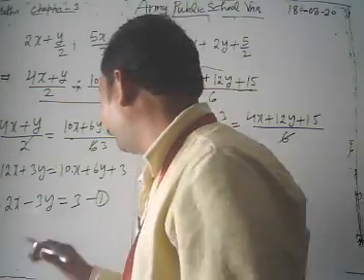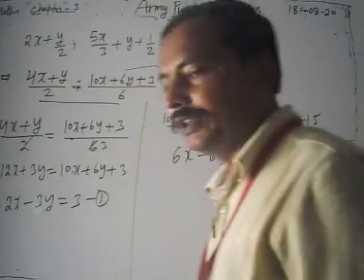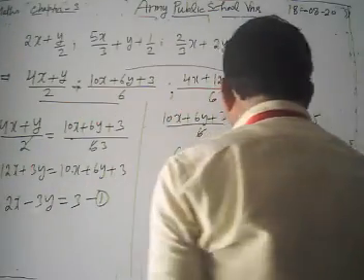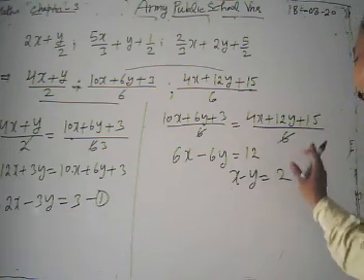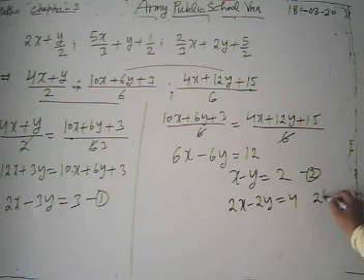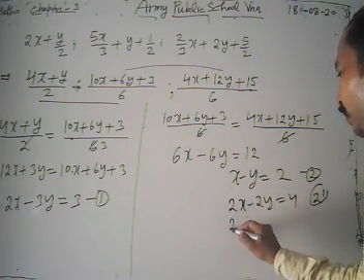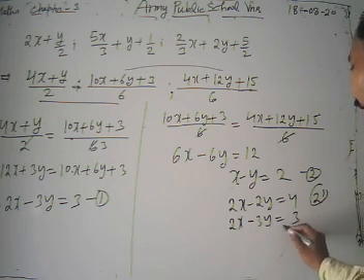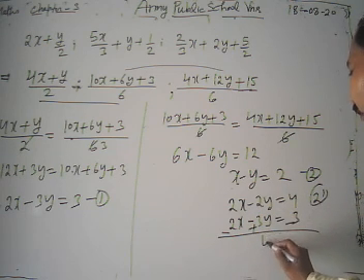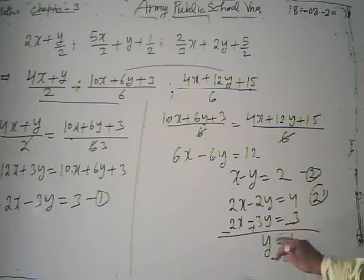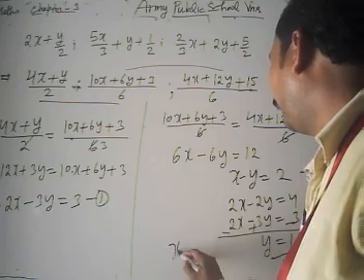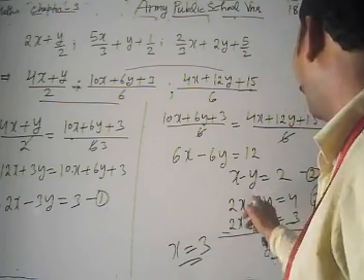Now look, we have a pair of equations, 1 and 2. First of all we have to find the values of x and y. We have x minus y equal to 2. Also we can write it as 2x minus 2y equal to 4, multiplying this by 2. We have 2x minus 3y equal to 3. Subtracting these equations, we get y is equal to 1, and putting it here, we get the value of x is 3. Y is 1, x is 3.